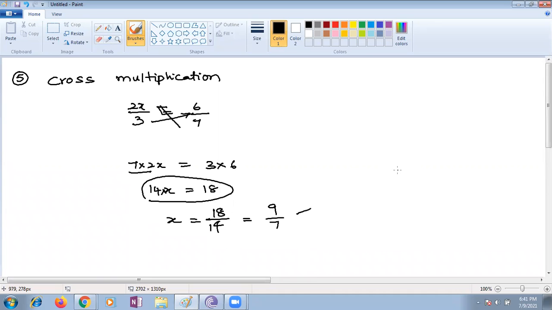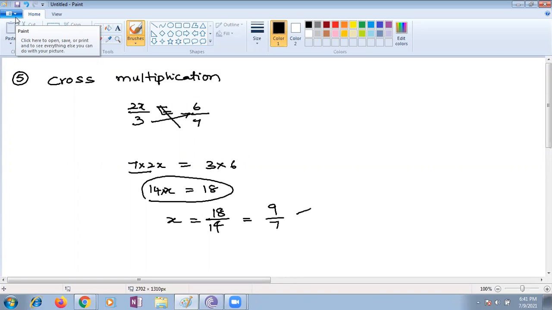Whenever you see a fractional form in your question, go with cross multiplication. It is a very easy way, you can find your answer very fast, faster than other students. Ma'am, I have a doubt. Or else you take 3 to the right side and multiply it, then take 2 and divide. Yes, that's all. That is the thing we are doing, the cross multiplication.